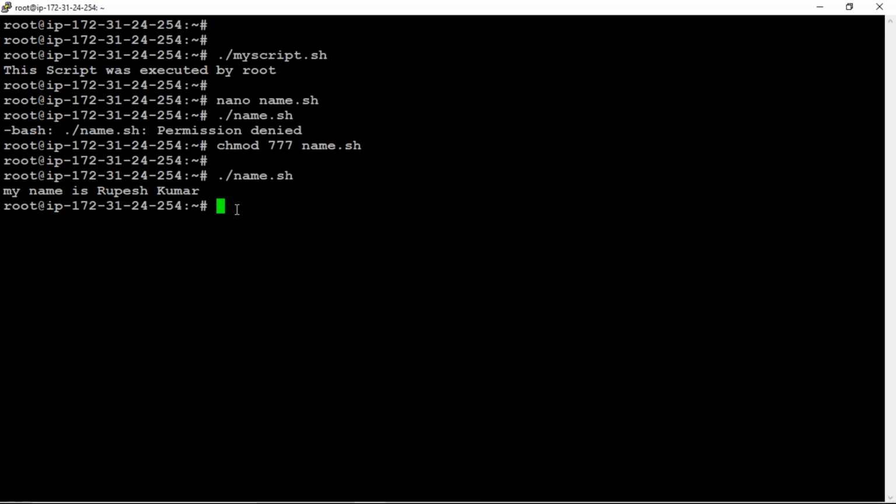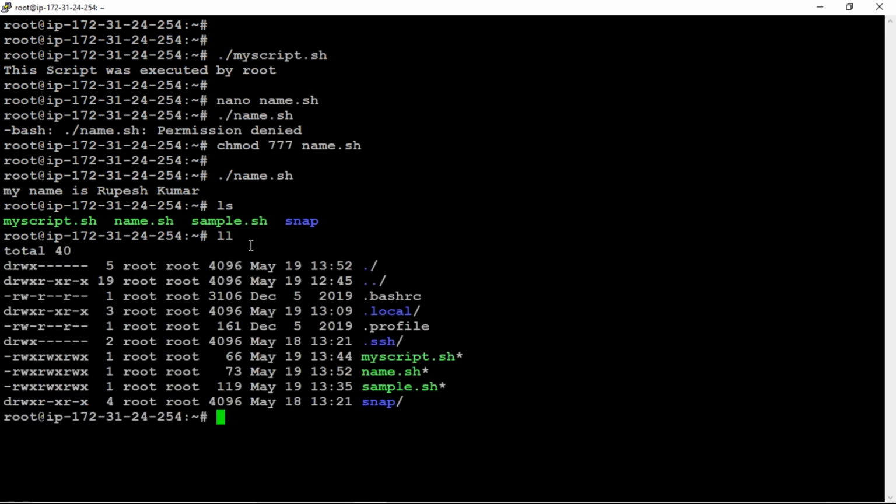So we are having these files. If you type ls, we are having three files: my script, name, and sample.sh. Now if you look at the file permissions, all three files are having read, write, execute permissions.